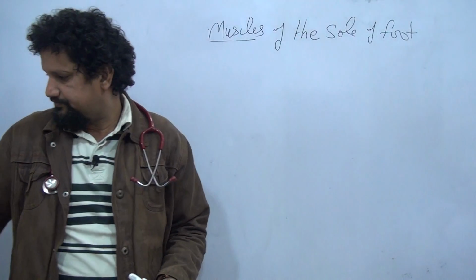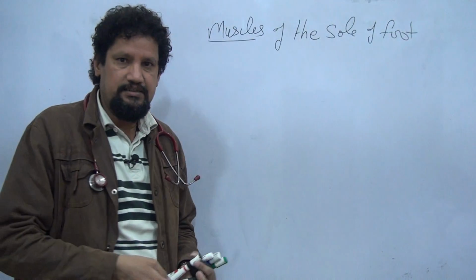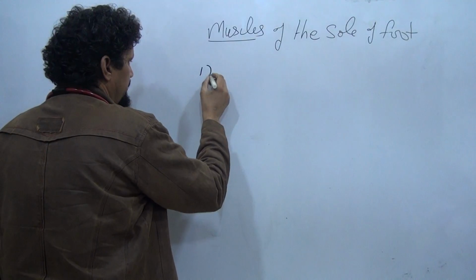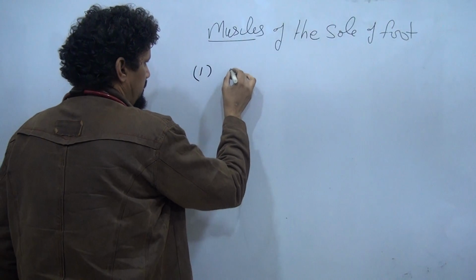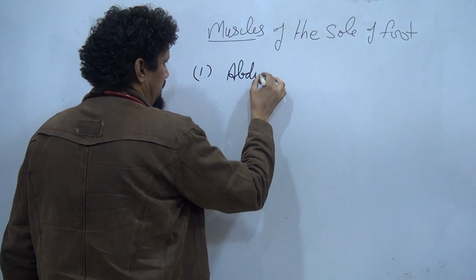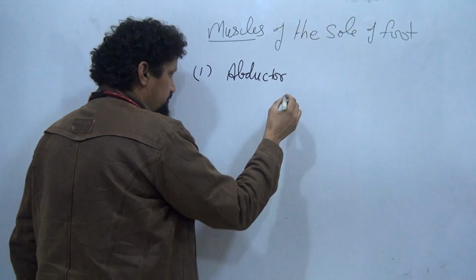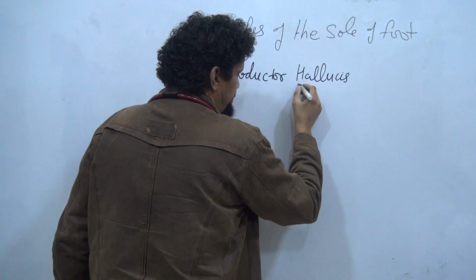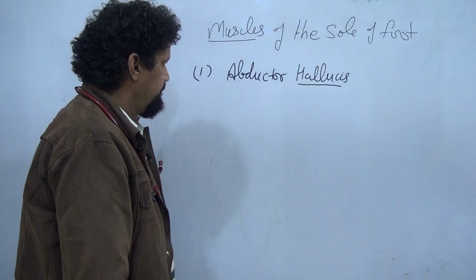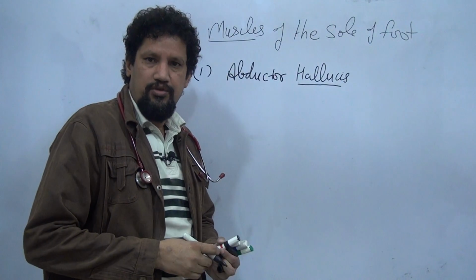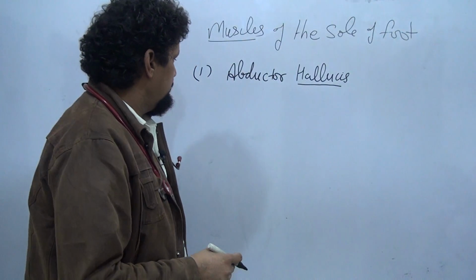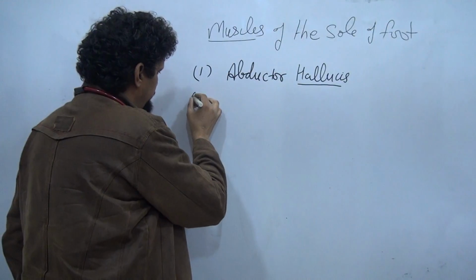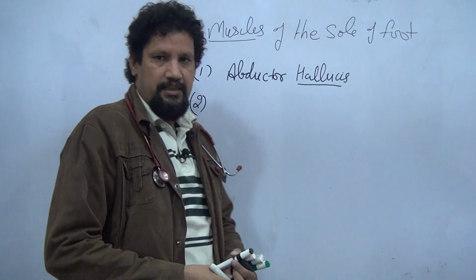So the first layer has 3 muscles. The abductor hallucis. This is the medial-most muscle in the foot, forming the medial contour of the foot in this plantar surface. The second muscle is the muscle flexor of the 4 lateral toes,